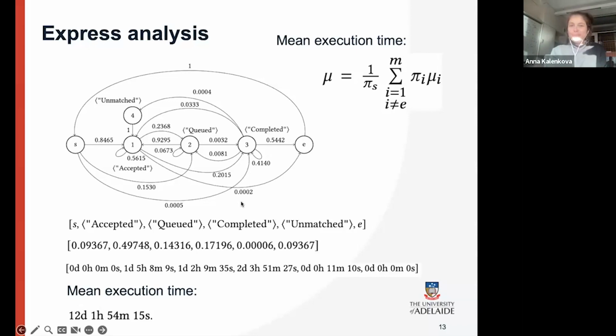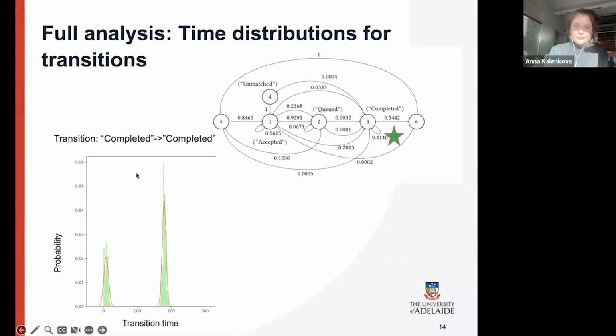Yeah, so that was an express analysis for the mean times. But what about in general? In general, it would be interesting to see the overall probability density function for the overall time, not only the mean. What is happening in general? And to do that,